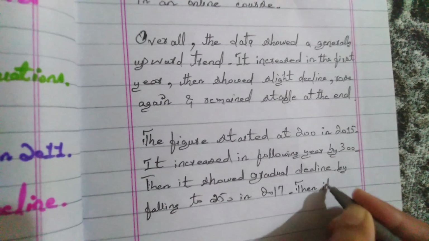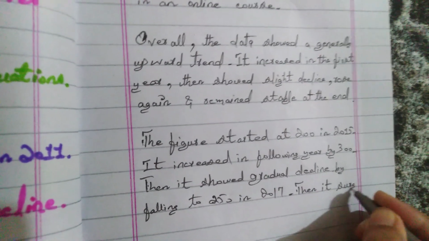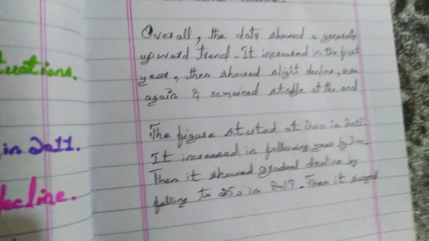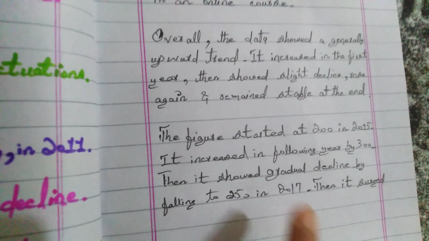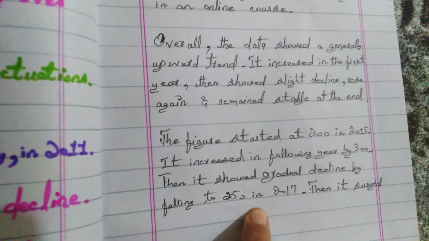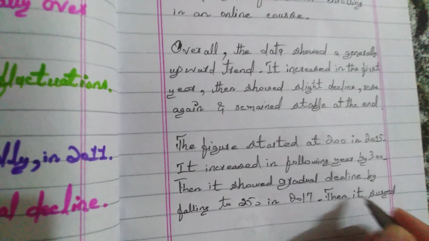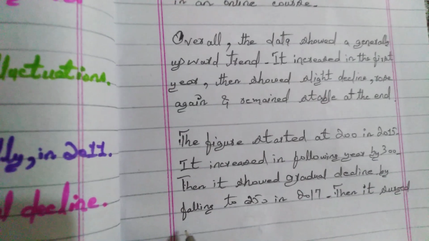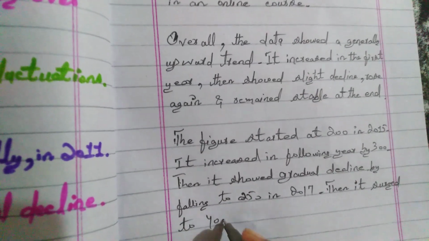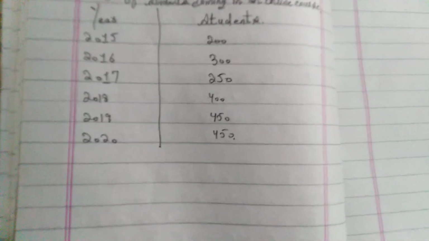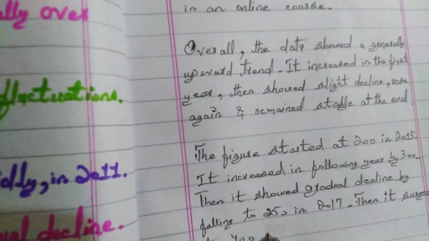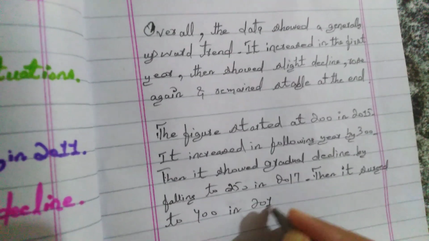Then it surged, because it increased from 250 to 400, which is an impressive increase. So we will say surge. Surge means impressive increase. Then it surged to 400 in 2018